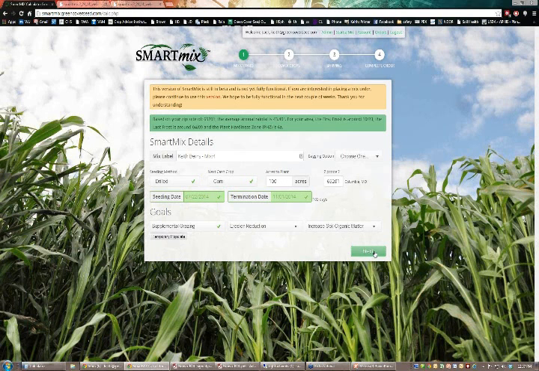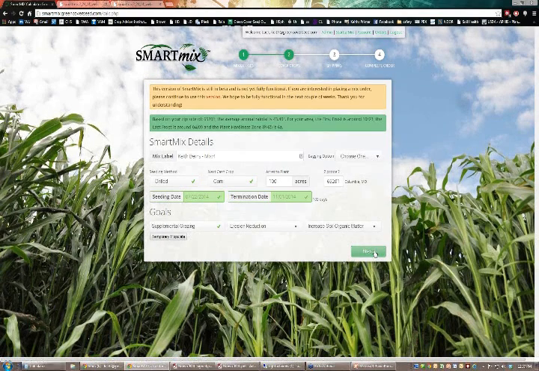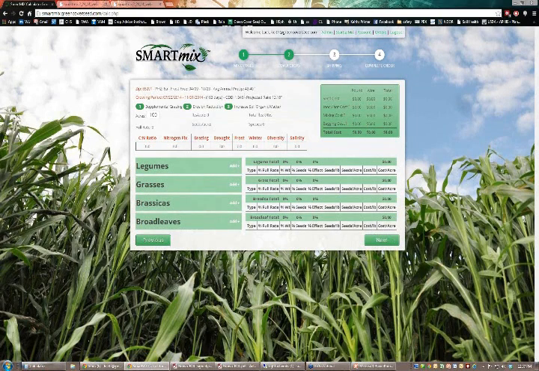So once you've got all that information set, you click on the Next button, and it will go through here and bring up the second screen. It kind of gives you a recap of all of the geographic and weather data here. It shows one additional thing that it is calculating in the background, and that is growing degree days. And so for the Columbia, Missouri area, in this 103-day period, I've got about 1,846 growing degree days that my cover crop can utilize. And also in this period, I'm getting about 13 inches of rain in the Columbia area. And again, this is on 30-year climate averages. I'm sure they don't get that every year.